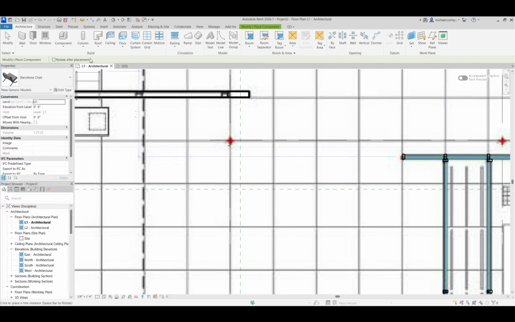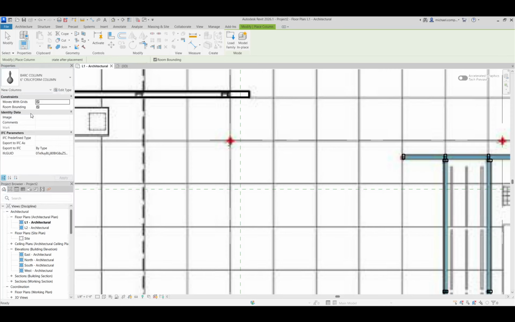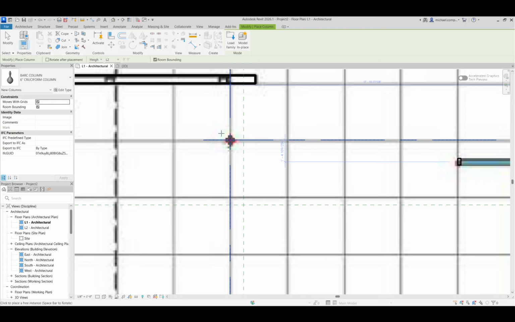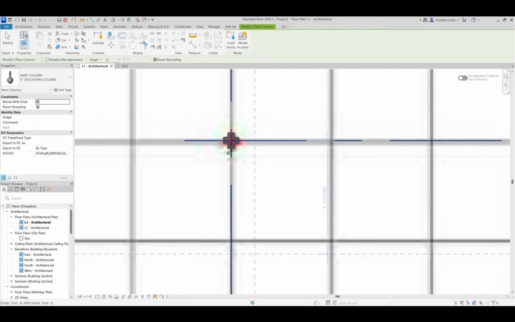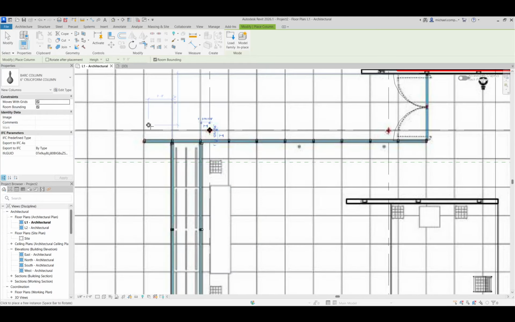Oh, I'm sorry. It is not a component, it is a column because we made it a column. So we choose architectural column, and then here we go. Here's our columns. So 6-inch, and notice that it will snap the center of the column to the grid line, which is why we took that time and energy to do that. So hit OK,